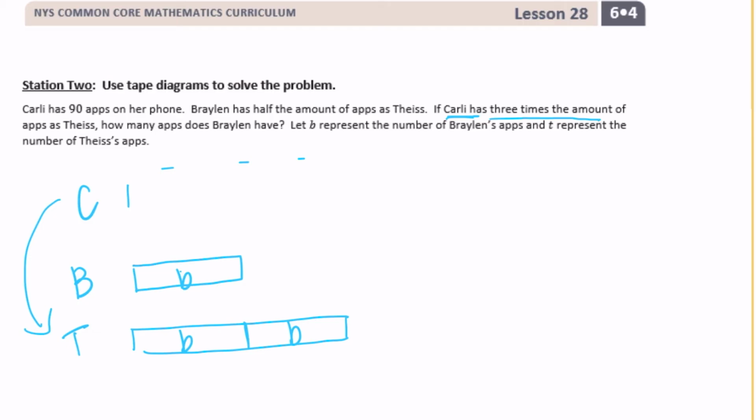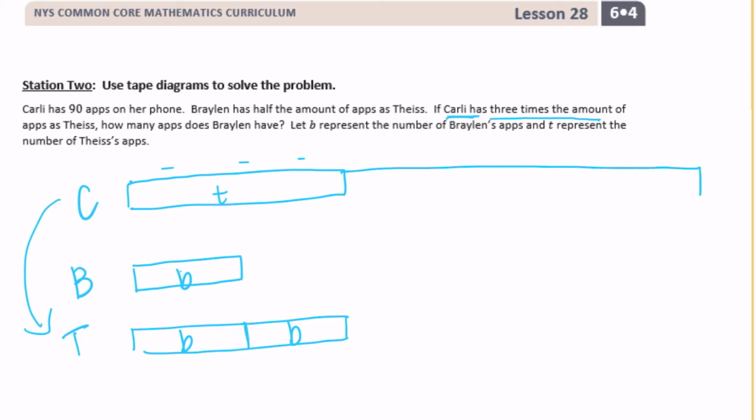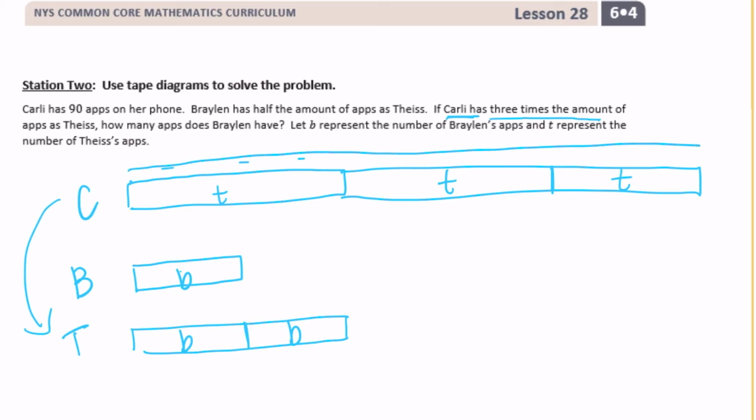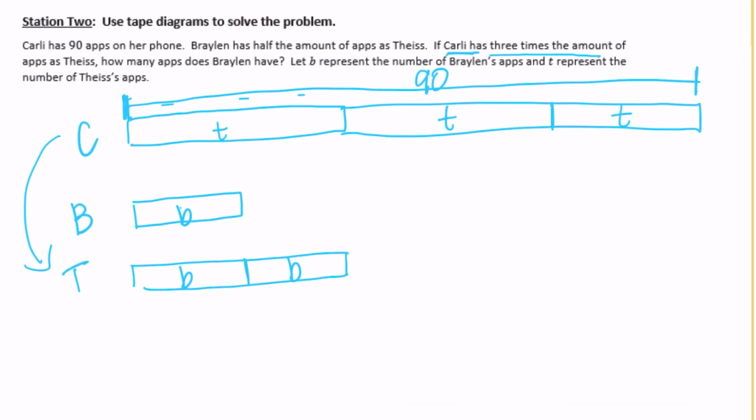So we're going to do 1. So there's 1. And then I'm going to do 2 more of them. Okay, and this whole thing is equal to 90. Okay, so now we know that Carly is equal to 90, but it's also equal to,